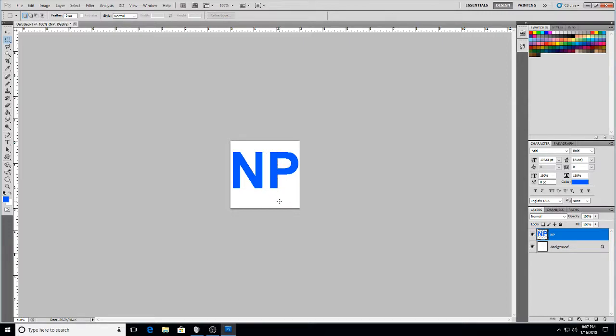font. You can choose whatever font that you want, but I'm going to make a dotted line around the stem of the letter P here, and then hit delete. Now I'll hit Control D to deselect, and I have the loop